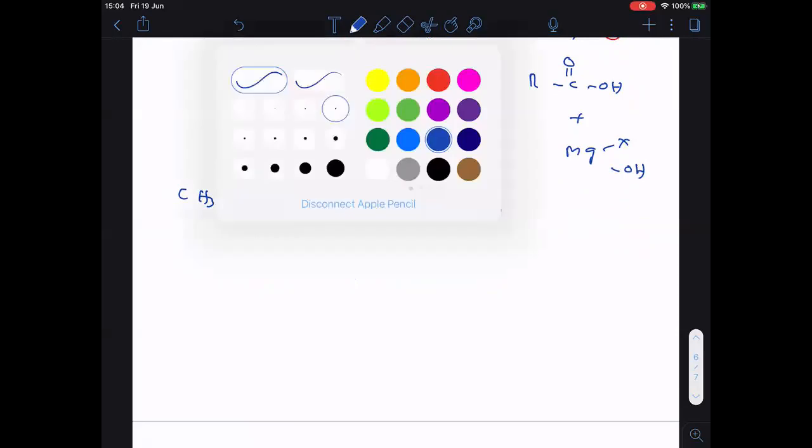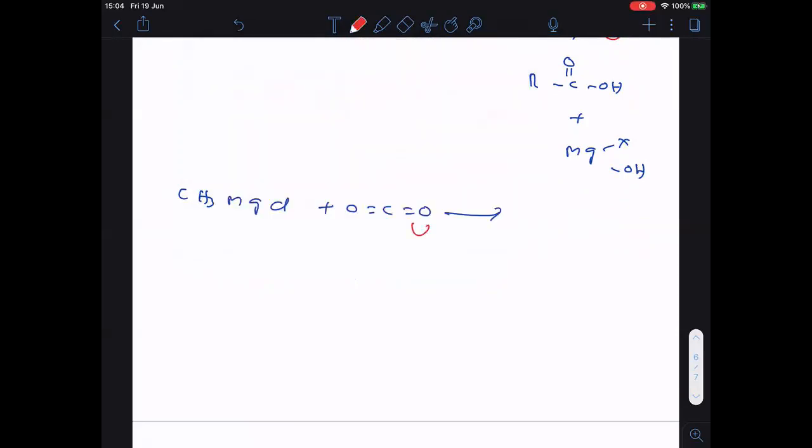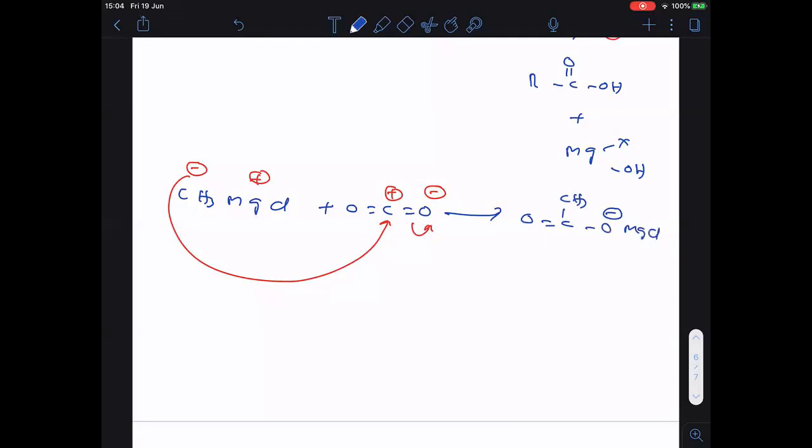Let me give the answer for this one. The pi bond will shift here, carbon gets positive, this is negative. In Grignard this is negative, this is positive. So this negatively charged CH3 minus attacks this carbon. So O double bond C, here CH3 and here O minus MgCl plus. Clear everyone? So when this undergoes hydrolysis in acidic medium,